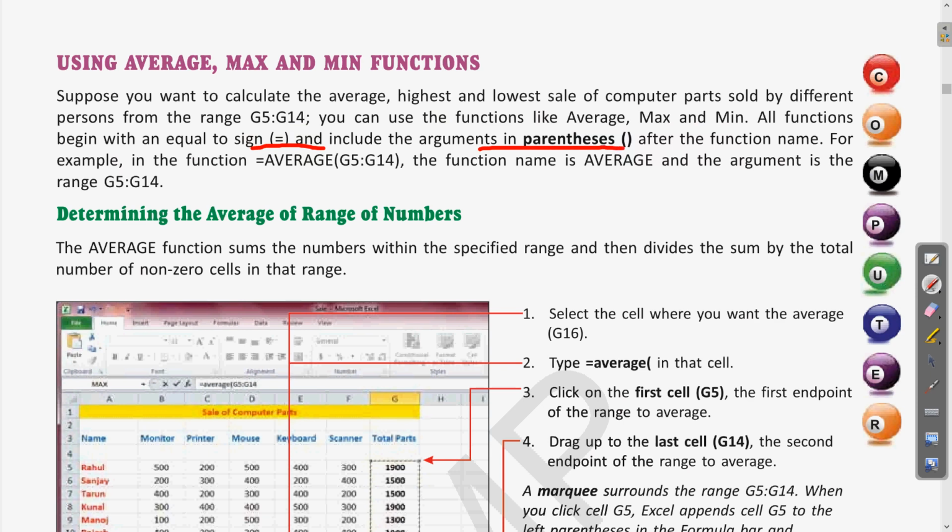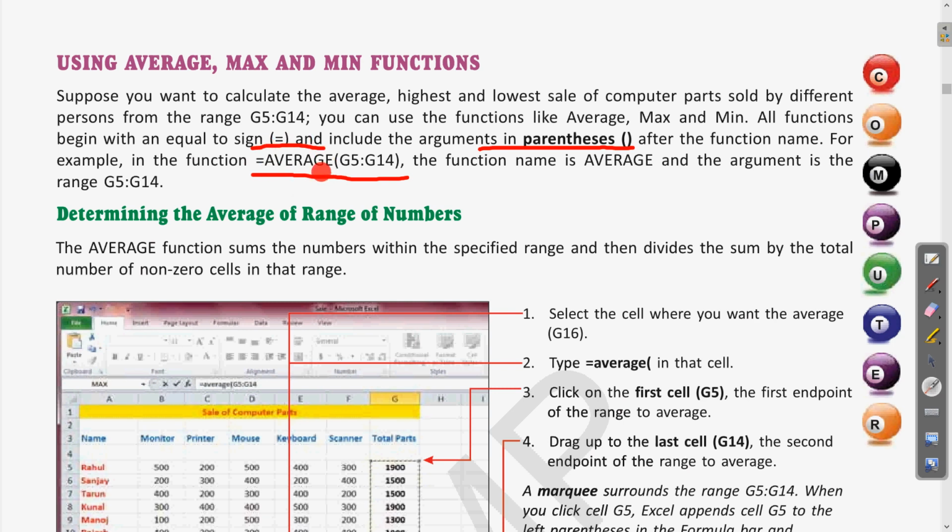So with this equal sign, we use a bracket after the function name. For example, here the function is written as equal to AVERAGE, and then in the parentheses is the range. First we write the equal to symbol, then the name of the function.